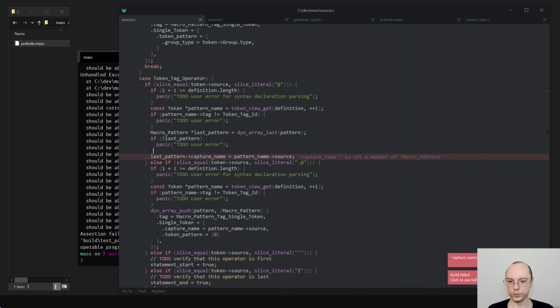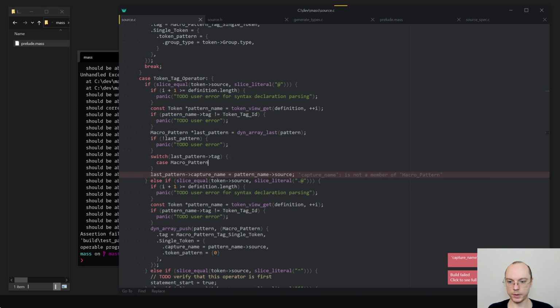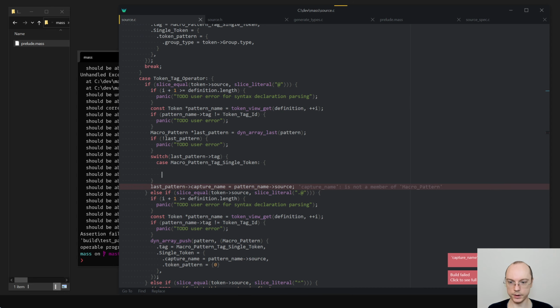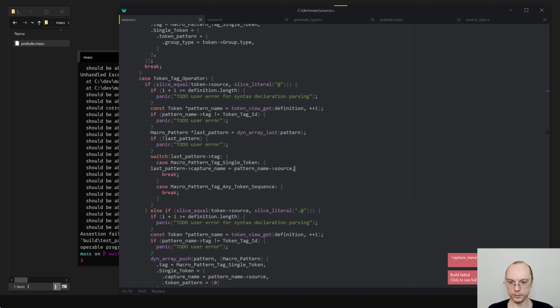So that is good. Last pattern, capture name. Capture name is not, yes, that should be, so if or switch on last pattern tag, case macro pattern tag single token, then one thing, and then we have any token sequence, and it's another thing.